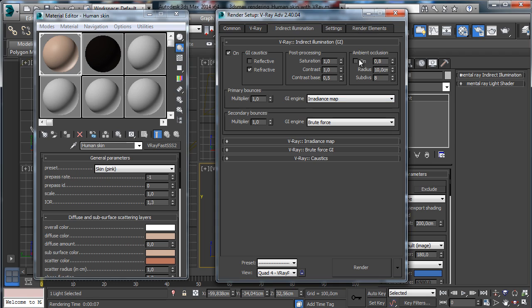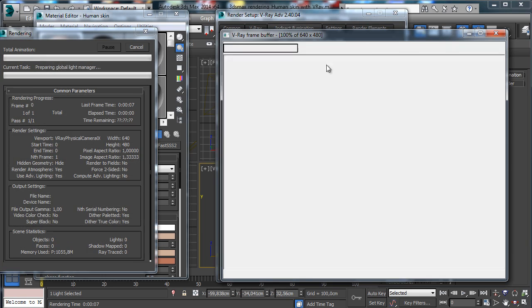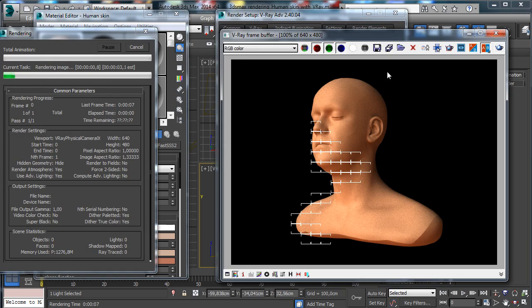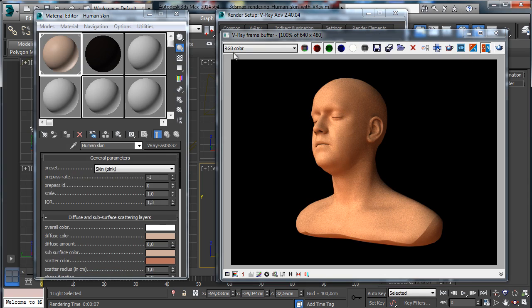In the illumination we can also use a little bit of ambient occlusion, but it can slow down the render, so let's take care not to use too much. Let's see if it is starting to be a little bit better. You see that we have the ambient occlusion. Okay, then